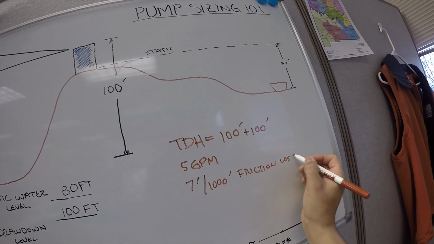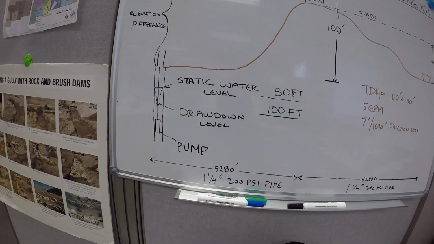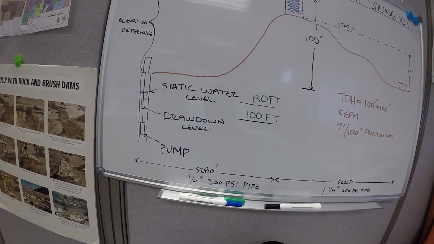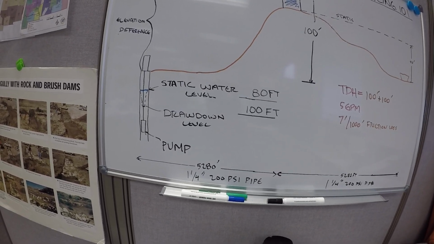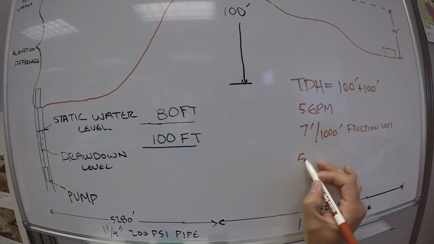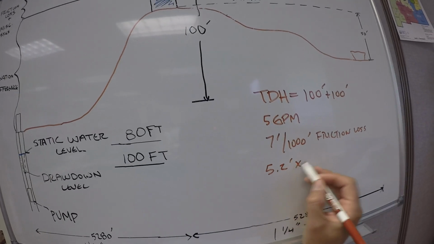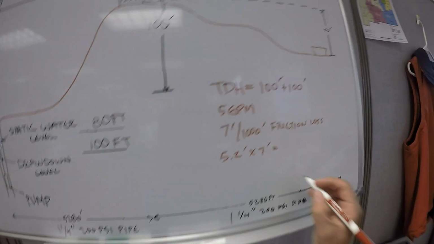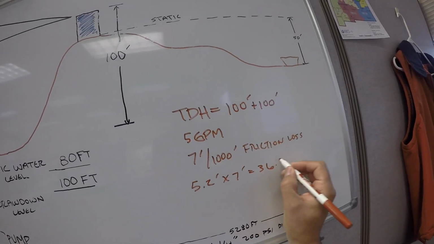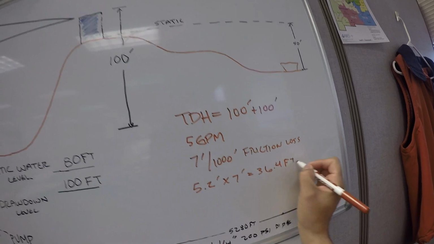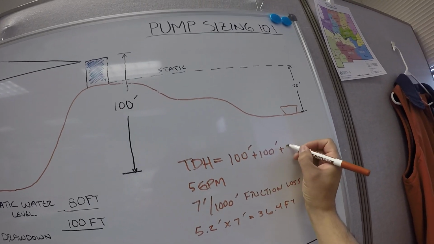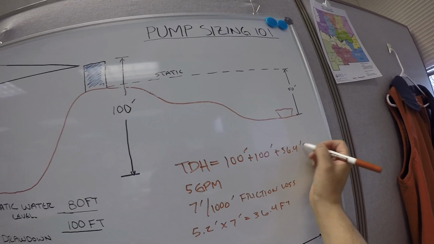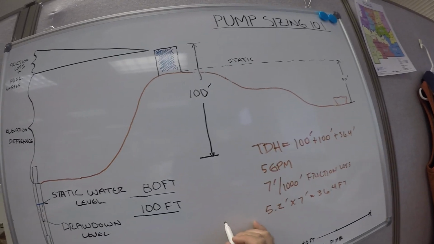Okay, so in this case we have 5,280 feet. You divide that by 1,000, you get 5.2. So we're going to do 5.2 times 7 feet, and that comes out to 36.4 feet. So now you have to add that here, 36.4 feet. And lastly, so this is friction loss,